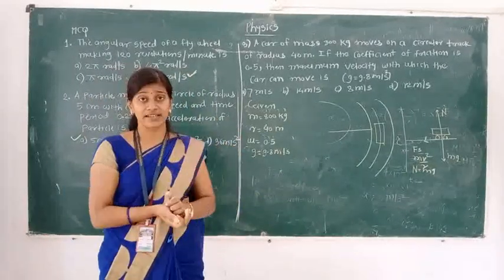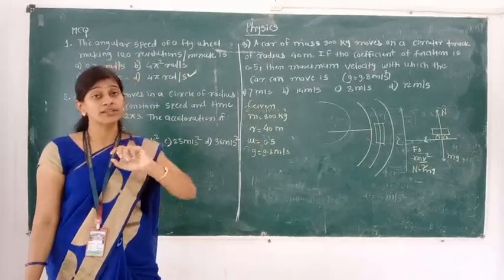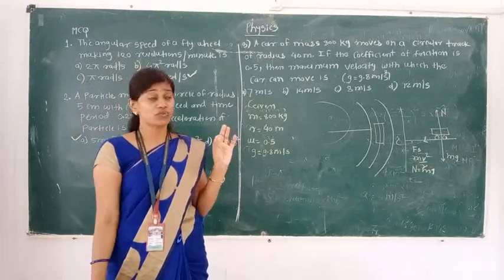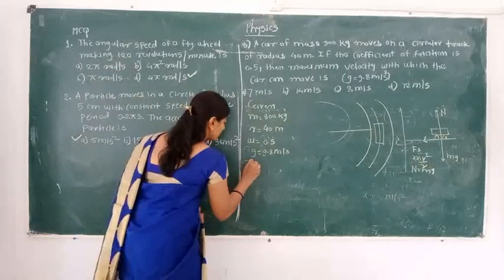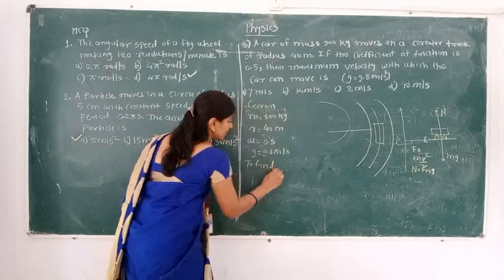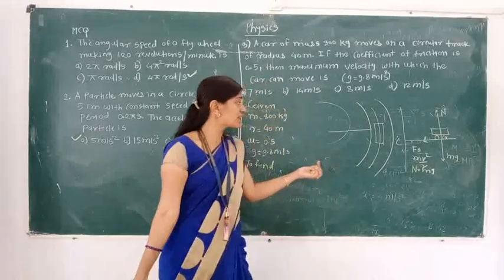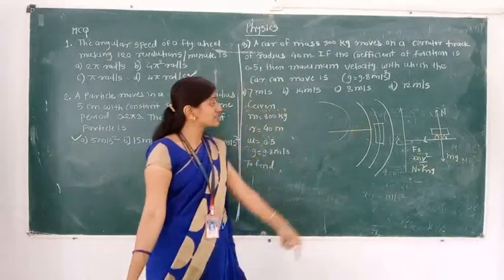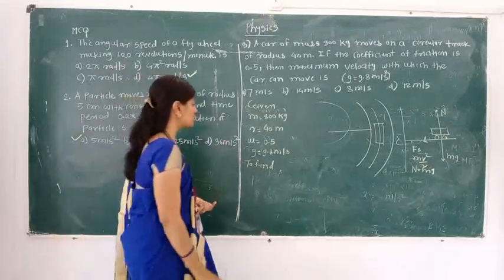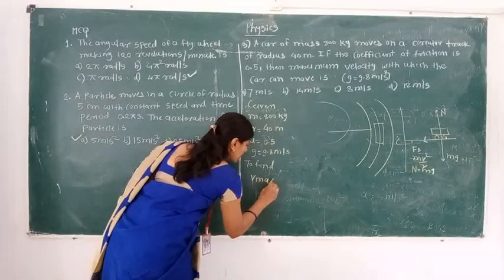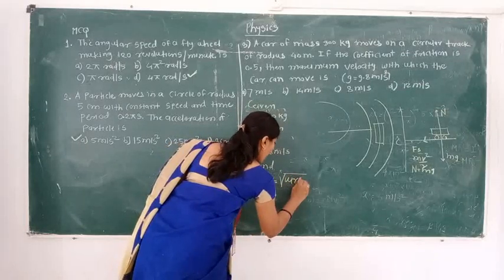हम थोड़ी थ्योरी रिवाइज कर रहे हैं. फॉर फाइंडिंग द आंसर्स ऑफ एमसीक्यू हमें थ्योरी परफेक्टली मालूम होनी चाहिए. इन डीप वी शुड स्टडी डीप. हमने ये सब कुछ सॉल्व करके हमें एक फार्मूला मिला था, वो था v max. हमें क्या फाइंड आउट करना है? टू फाइंड द मैक्सिमम स्पीड, द मैक्सिमम वेलोसिटी विथ विच कार कैन मूव. ऑलरेडी ये जो कार है इस सर्कुलर ट्रैक पे मूव कर रही है. हमने उसके सारे फोर्सेस, कौन से फोर्सेस उसके ऊपर एक्ट है, सब कुछ हमने देखा है. अब हमें जो फार्मूला यूज करना है टू फाइंड द v max, हमें मालूम है, आई थिंक यू रिमेंबर द फार्मूला. v max इज नथिंग बट under root μrg.